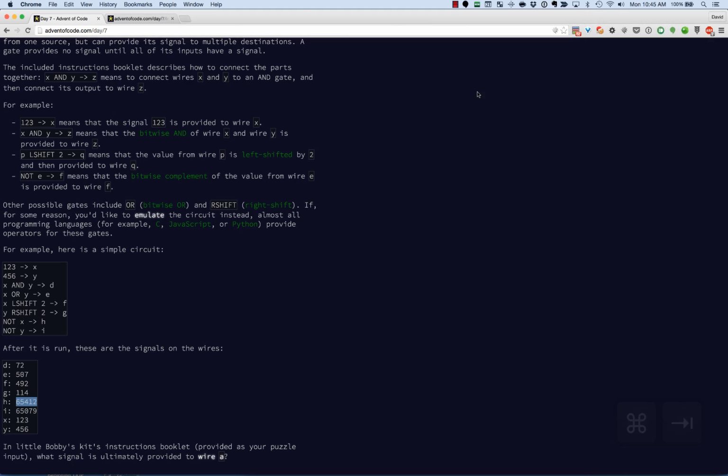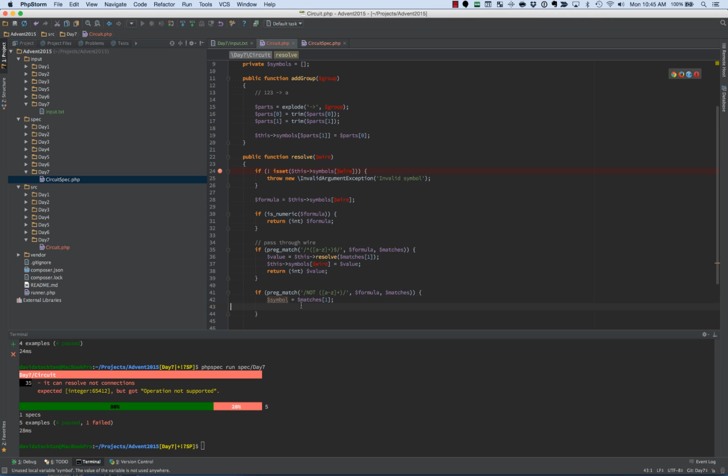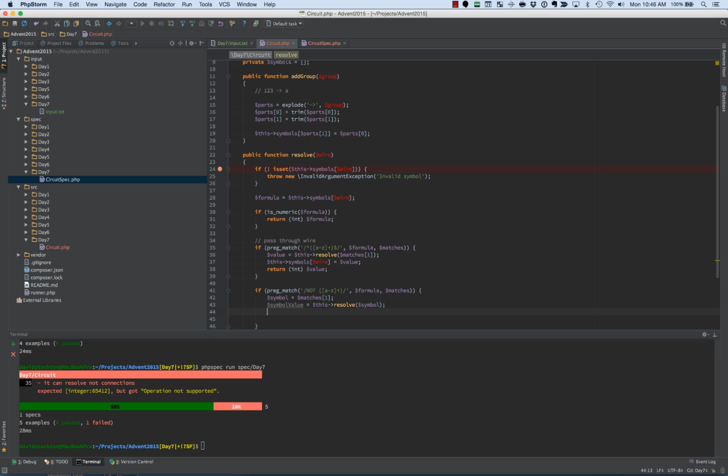Alright, I need to figure out how to shut those off. I don't know how to do that right now. But alright, so symbol equals matches 1, and we need to resolve that symbol. So we're going to get symbol value equals this resolve wire, or symbol rather. So now we've got a value for it, and we need to not that. So we'll do symbol value equals not, which is tilde, symbol value,